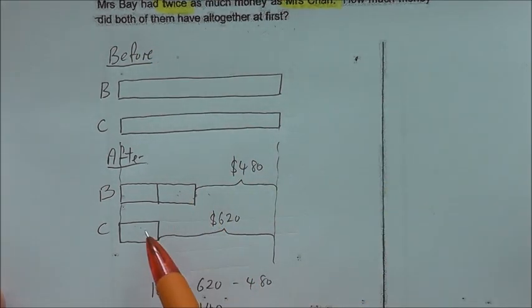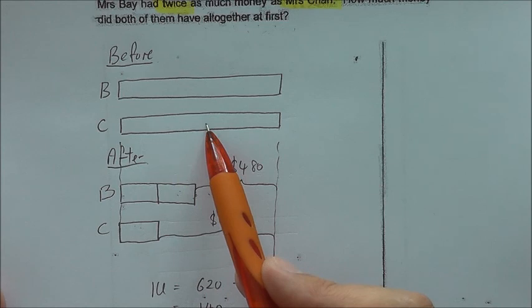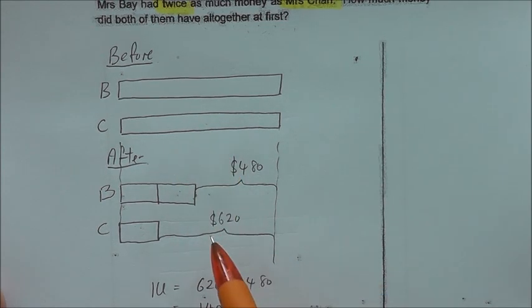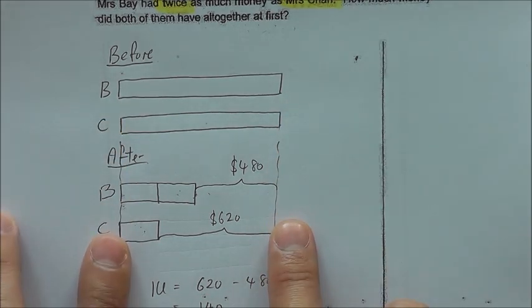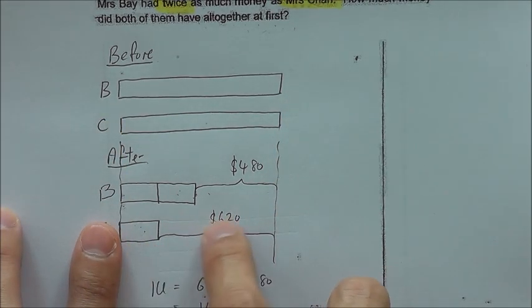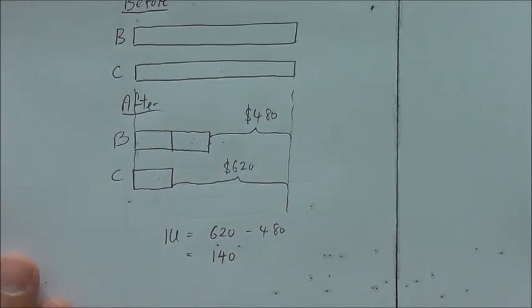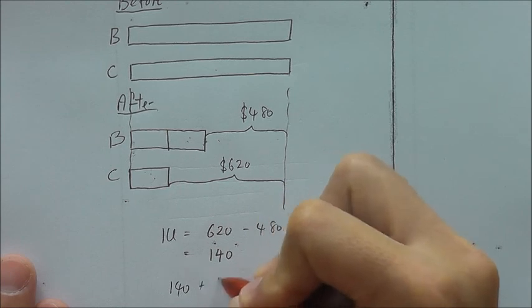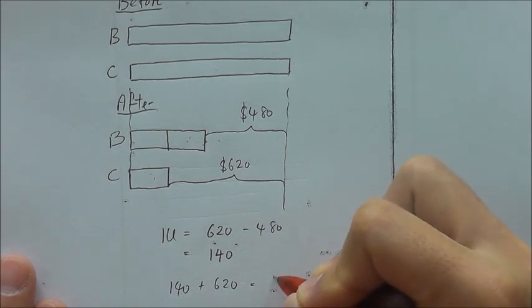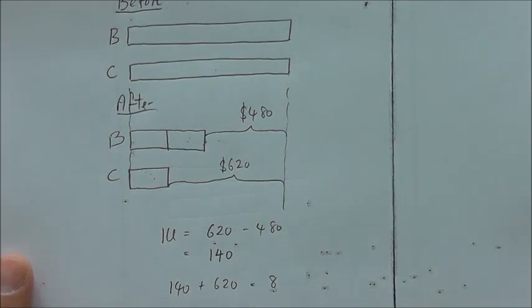Okay, so how much money did both of them have altogether at first? Let me just find out how much money Mrs. Chan has at first. Isn't it just 1 unit plus 620? You see, we want to find this. If you bring it down, it's just 1 unit plus 620. So we just do this. 140 plus 620. I will have 800. Sorry, I will have